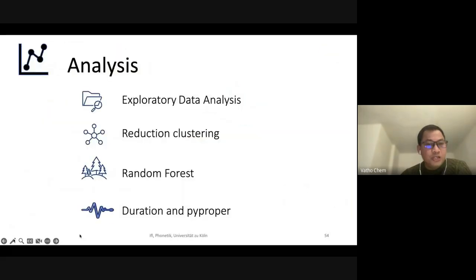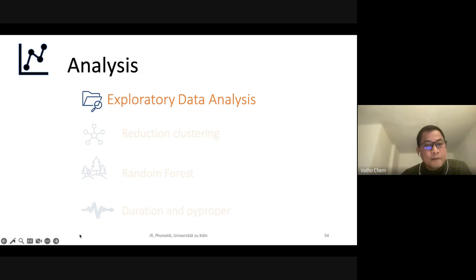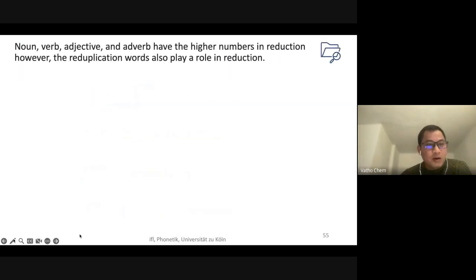So now we move to the data analysis. We use 4 different types of analysis. For example, we use exploratory data analysis, reduction clustering, random forest, and duration and pairs. Okay, now let's move to the